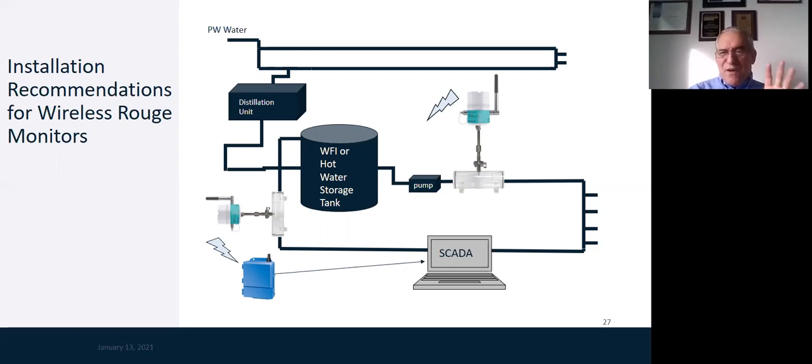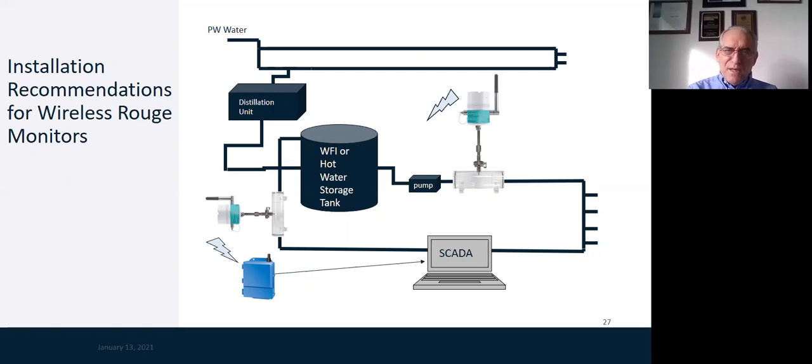Inside the pump itself, on the impellers, you cannot obviously put a monitor there, but the monitor is there directly after the pumps, because the pumps will generate the greatest amount of rouge as far as particulate rouge is concerned. The unit actually doesn't pick up the particulates themselves. It actually picks up the amount of rouge and the interaction of the water with the piping